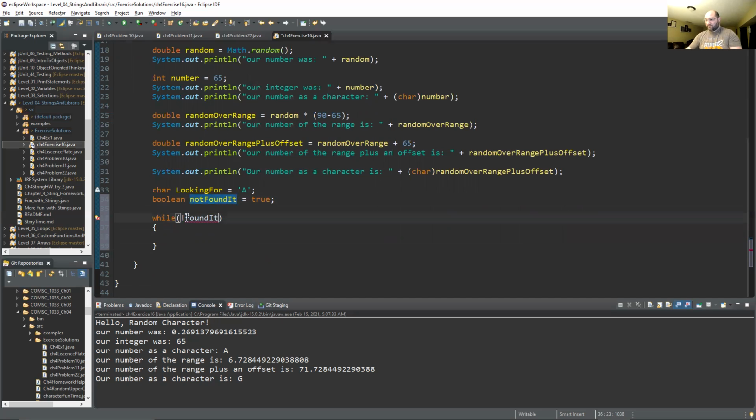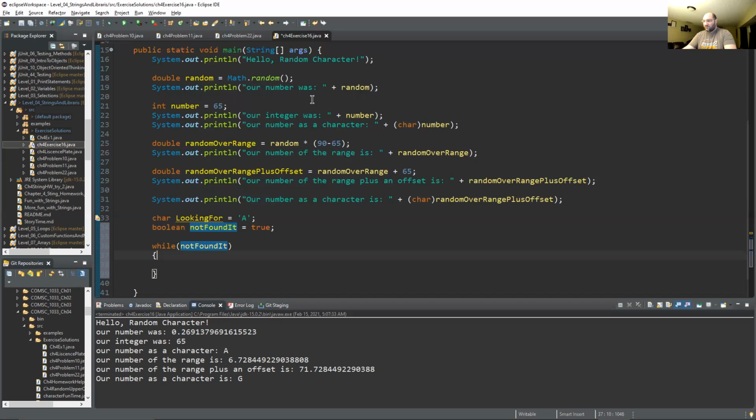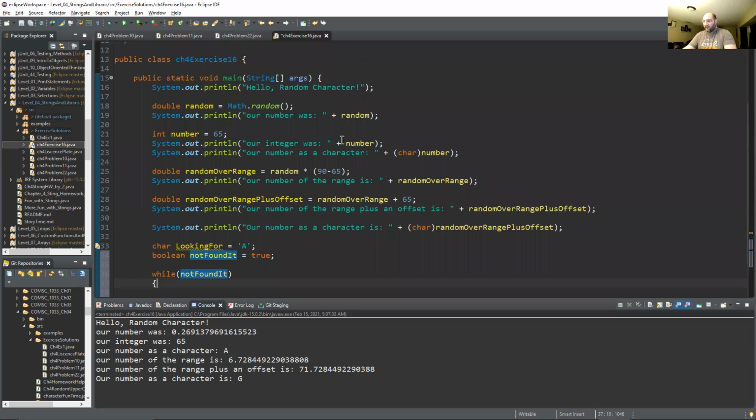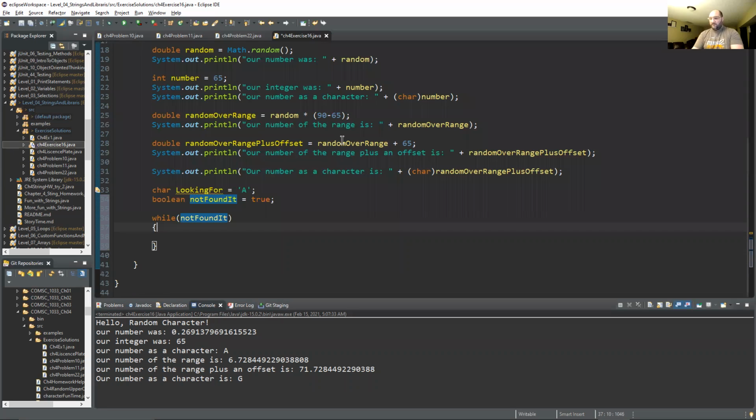Copy that. Okay, so I'm going to come in here and I'm going to collapse this code into a single line. So I'm going to come in here and I'm going to say if